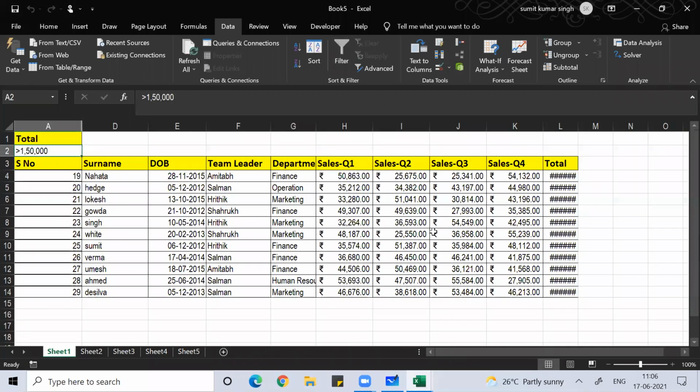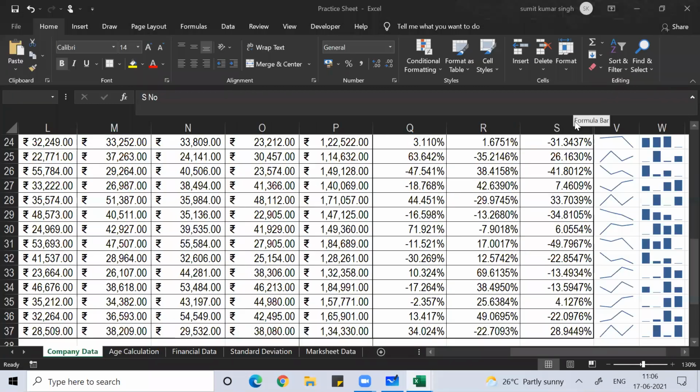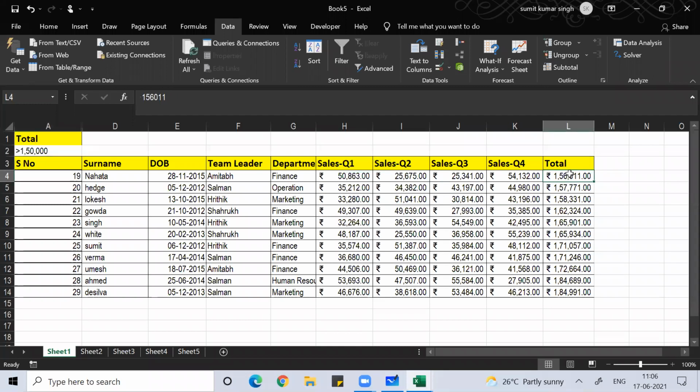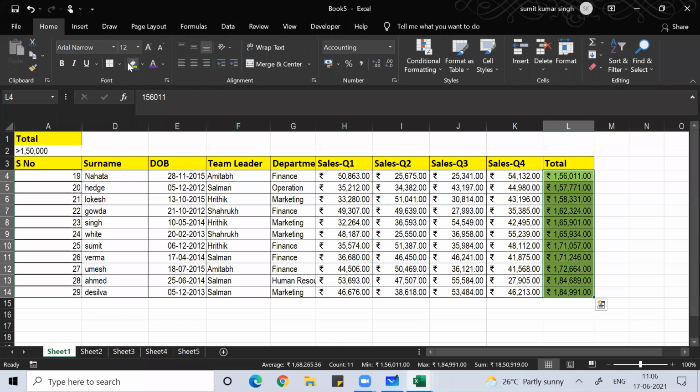Now you see there. Done, everyone. Can you see this total value, guys? The total value here is more than 1,50,000.